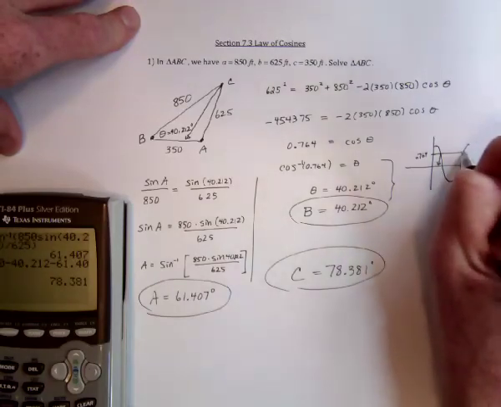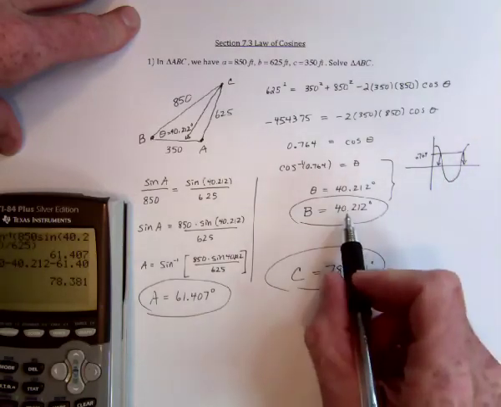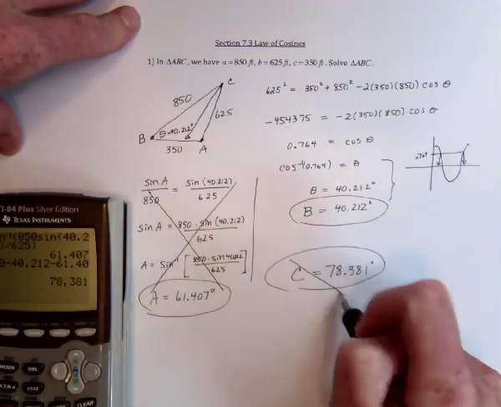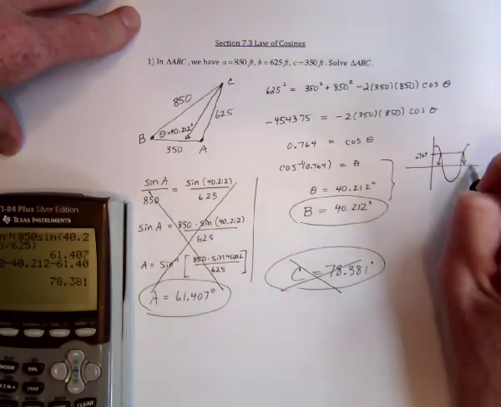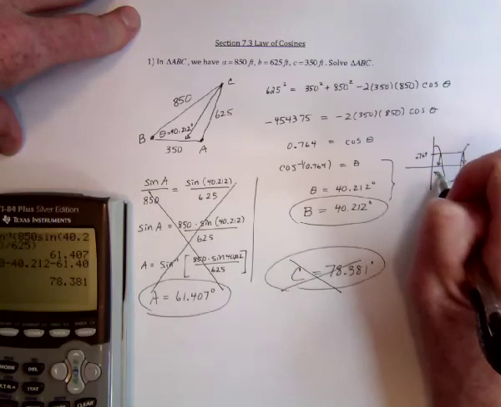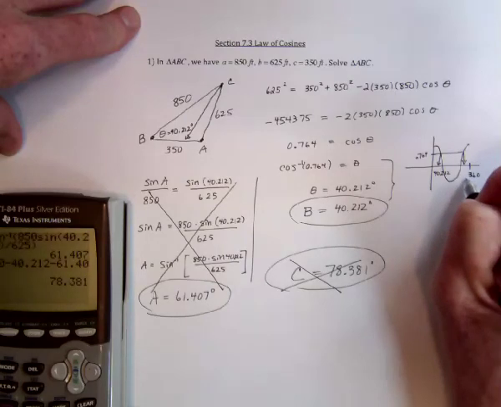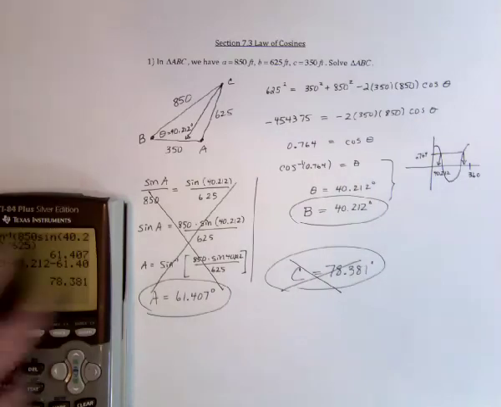So there's going to be another solution. Okay, so doing cosine inverse was alright, but it then messed up the rest of our problem. So we need to find the other solution. So let's see. This said that it is a 40.212. So if we're working in degrees, this is going to be 360, and we need to go to the left by nope, that's